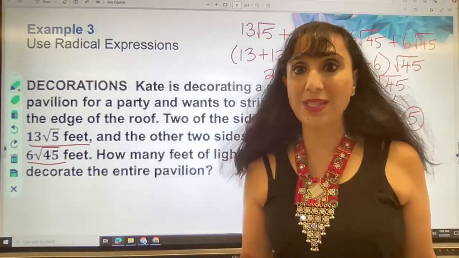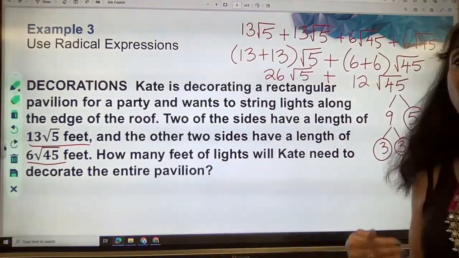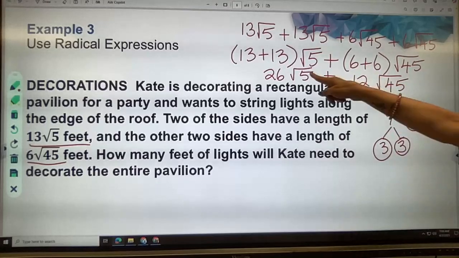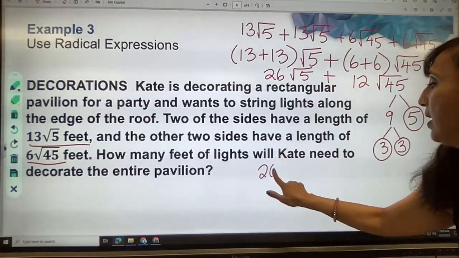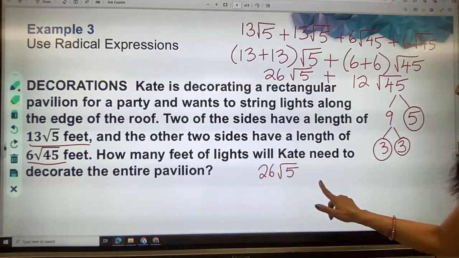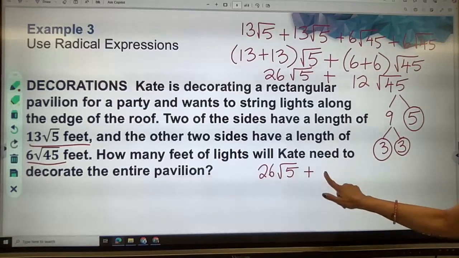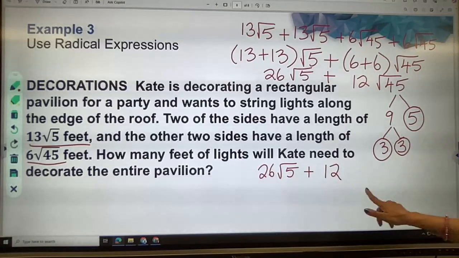And that is how we simplify. We cannot have a perfect square under the radical symbol. Okay? So once I do this, I have my 26 root 5 plus I have my 12 and I have,